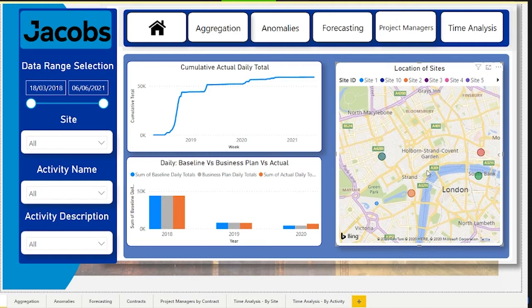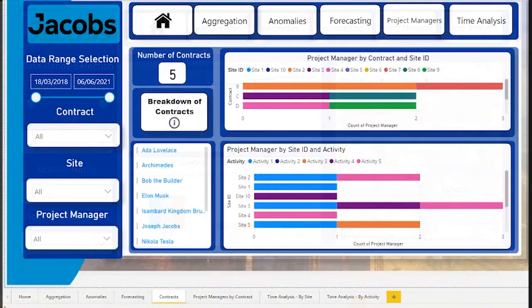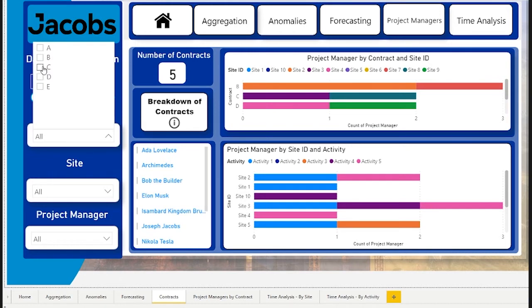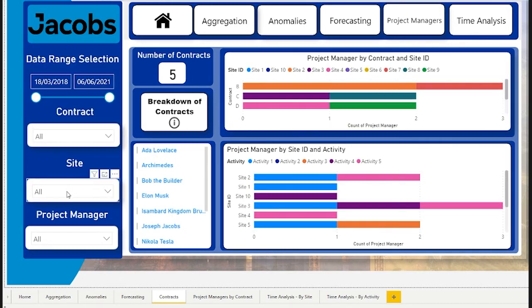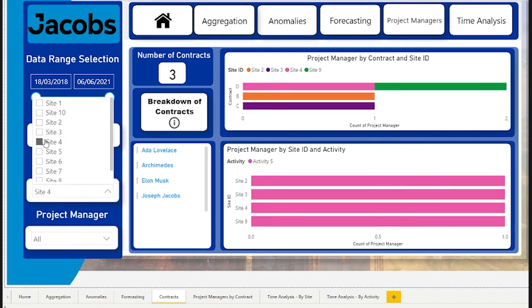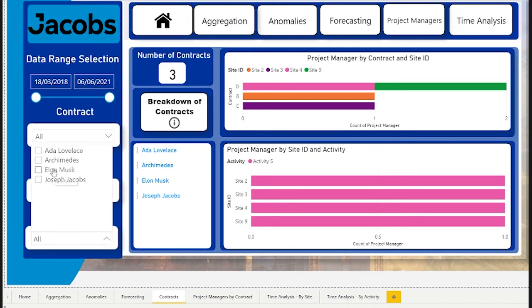If we want to focus in on a particular project or site, in order to make this more specific to a given set of circumstances, we can use a map interface to isolate down by clicking on a site. Likewise, when we click on a site, we're able to drill in and see the particulars of that site. So now we're looking at the number of contracts and the workload by number of activities being managed for each project manager. We might concentrate on a site, we might concentrate on a project manager.